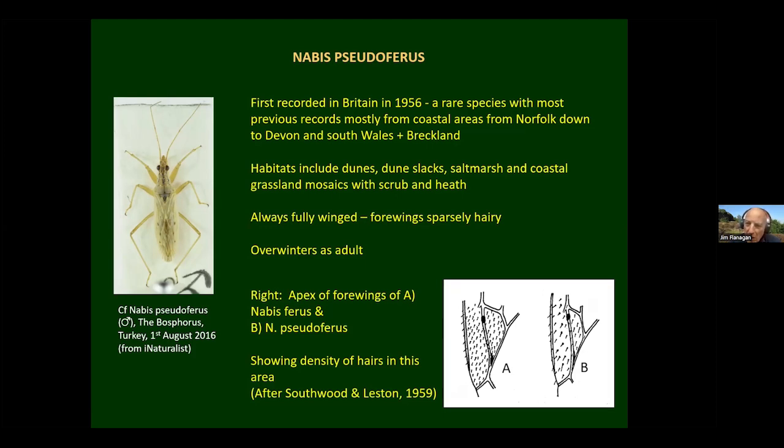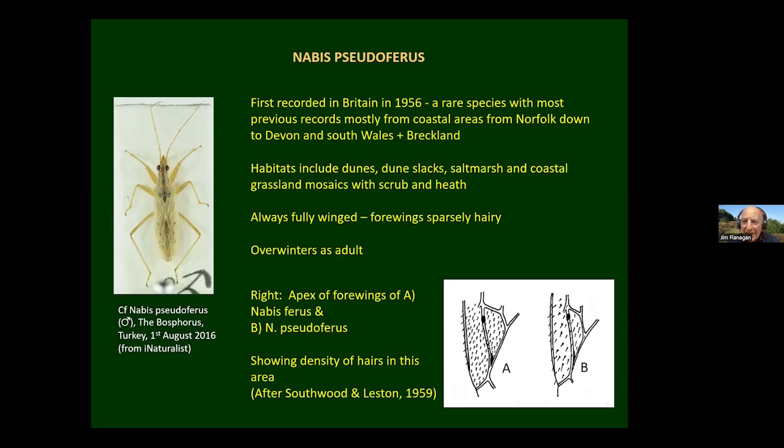And I've put a diagram there showing the apical end of the hardened part of the forewing. This is called the reference area. A is Nabis ferus, and B is pseudoferus. And you can see that the hairs are much sparser in pseudoferus, and also there are some black marks at the base of the hairs as well. That's another noted feature to separate these two, but it's a difficult one to use, and Peter Kirby didn't use this particular character,